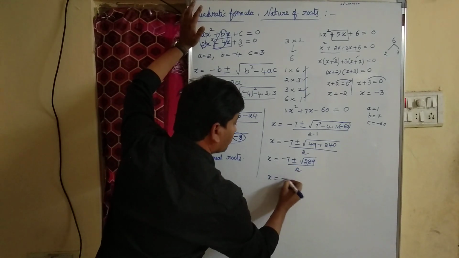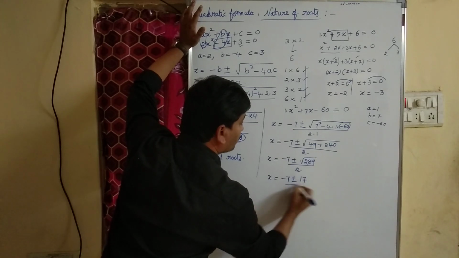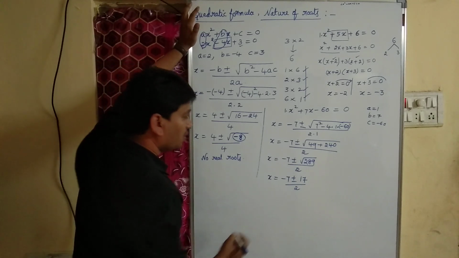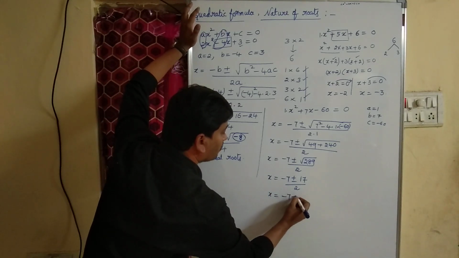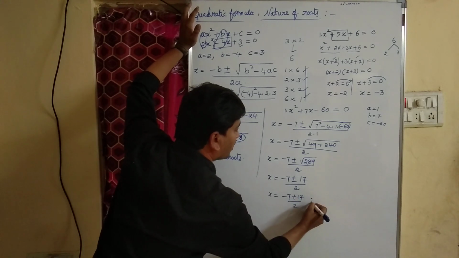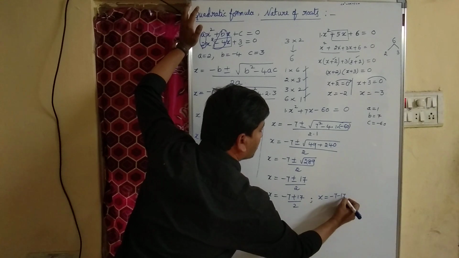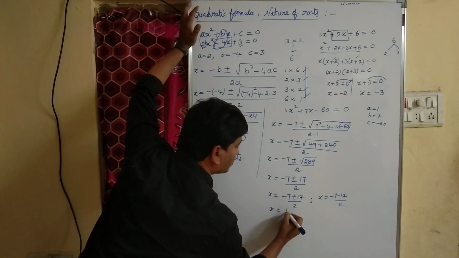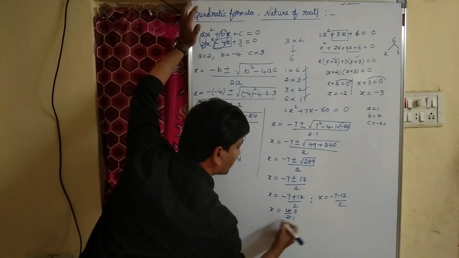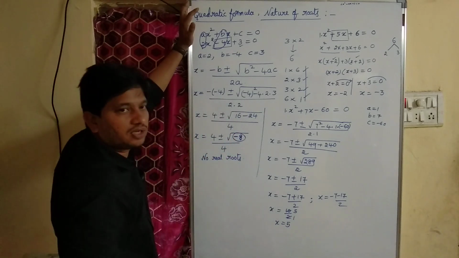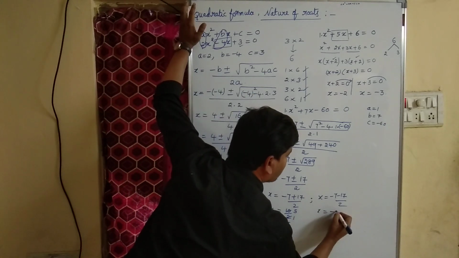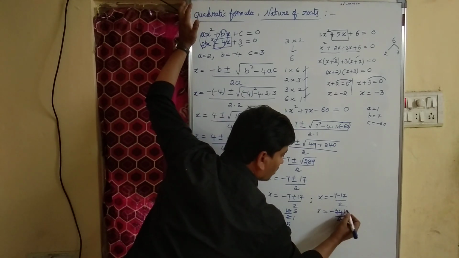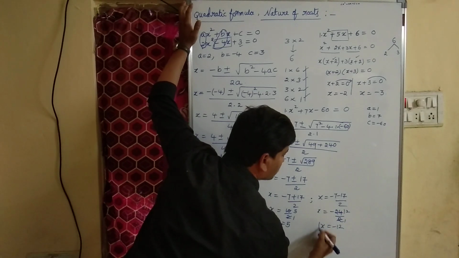So x equal to -7 plus or minus, what is the square root of 289, children? Square root of 289 is 17. So children, in this case, one time we need to take plus 17 by 2 and other time we need to take -17 by 2. So as 17 minus 7, that is equal to 10 by 2, 2 1 ja, 2 5 ja. So what is the value of x, children, here? X value 5. Here x equal to -7 minus 17, that is -24 by 2, 2 1 ja, 2 12 ja. So x equal to -12.